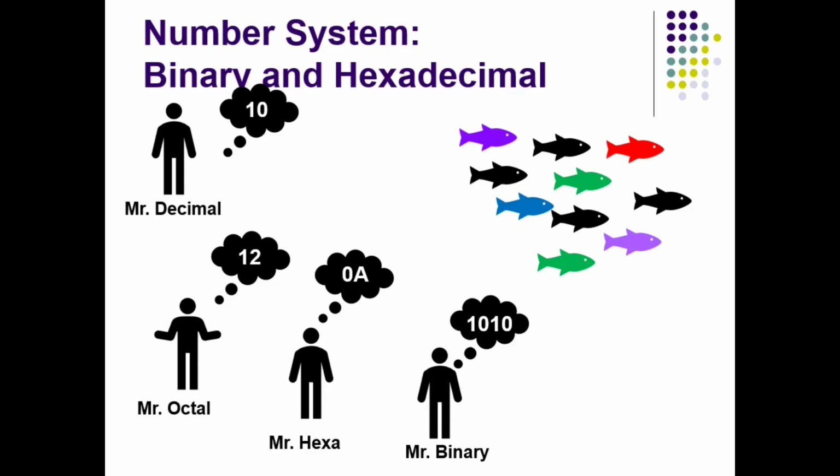Did you observe one thing here? The representation formats of different number systems are completely different. Decimal says 10, octal says 12, hexadecimal says 0A, and binary says 1010. But the actual fact that you have 10 fishes, the quantity of fish, does not change. That is why this point is very important. When we use different number systems to represent data or a number, its appearance may be different in different number systems, but the actual value or data does not change.